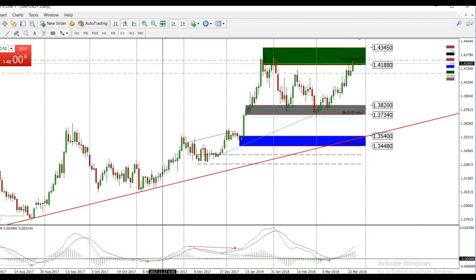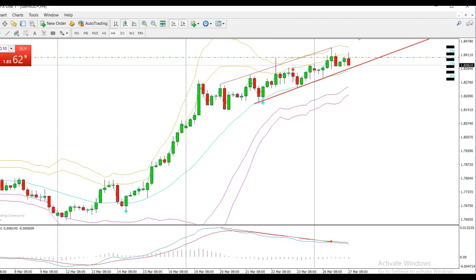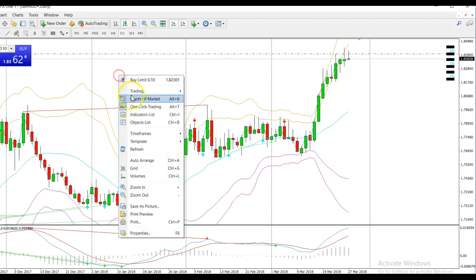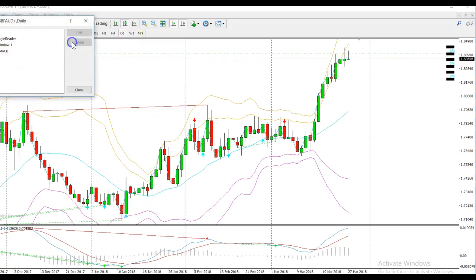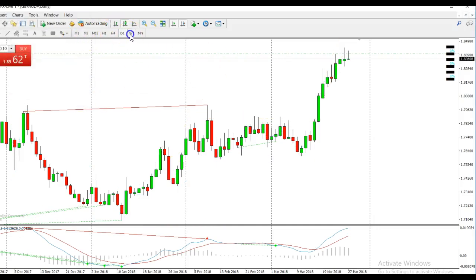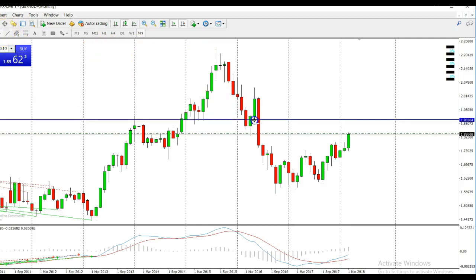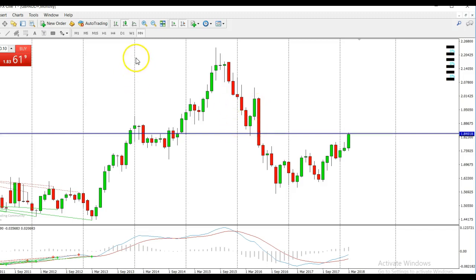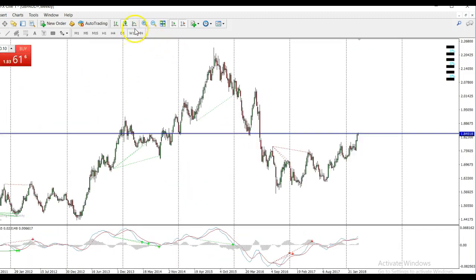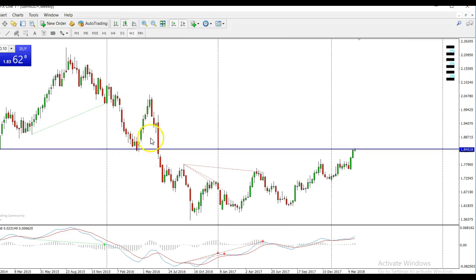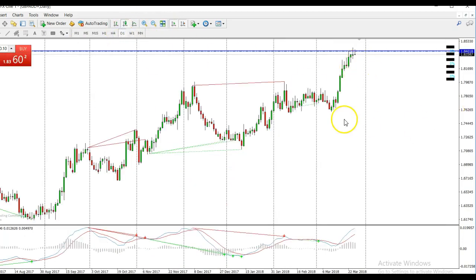Also on the British Pound Aussie, see another nice trade. I'll just take off my other indicator here. Look at the monthly. We're at this area here where price broke out before. We'll just zoom in. So yeah, the price came down, broke out of here, and if we look at what's been happening here on the daily chart over an extended leg,